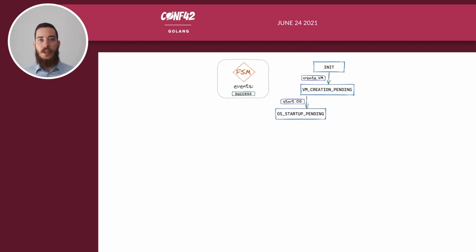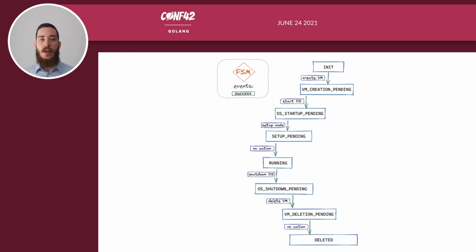When the virtual machine is created, the transition to the next state happens with the request to start the operating system. When it's okay, the next step starts with transition to a relevant state. When the configuration is done, the node goes into the running state with no additional actions performed. Similarly, we can describe the process of the node removal. Right now, it looks like just 2 pipelines joined for creation and deletion, or if you like, it looks like